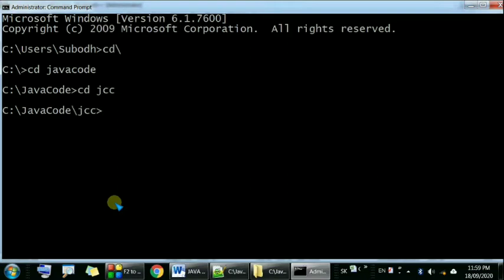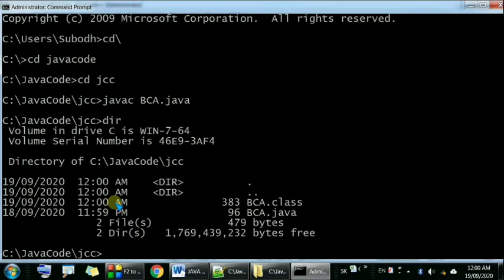The bca.java file is saved in the JCC directory, so javac bca.java. Now the class file will be generated in the JCC directory. We can see it using the dir command. Here we have the bca.java file, and the bca.class file is generated within this directory.